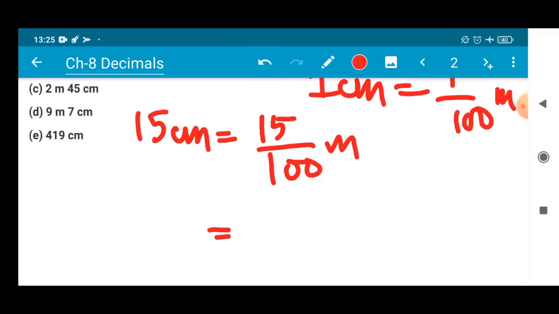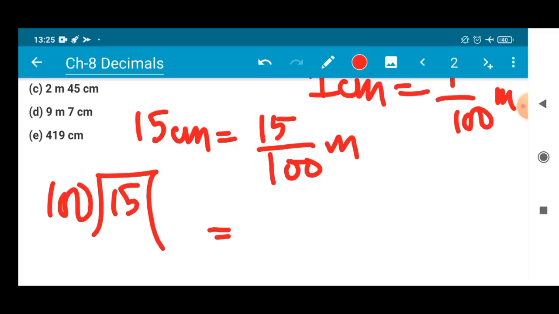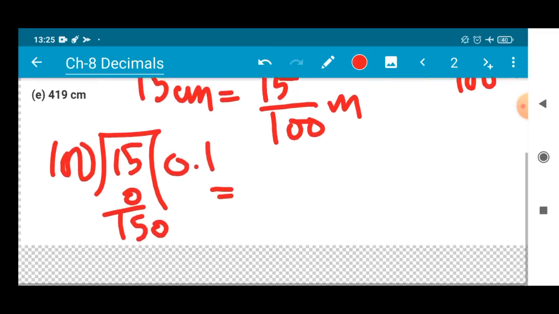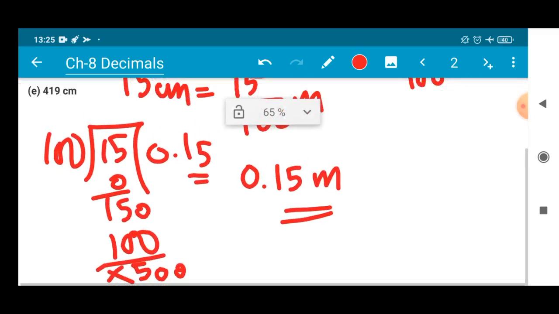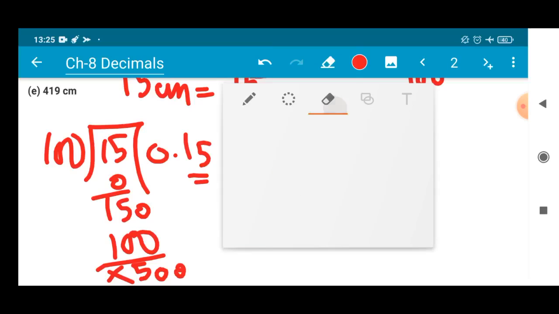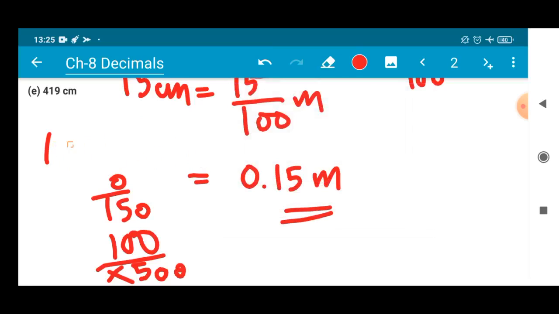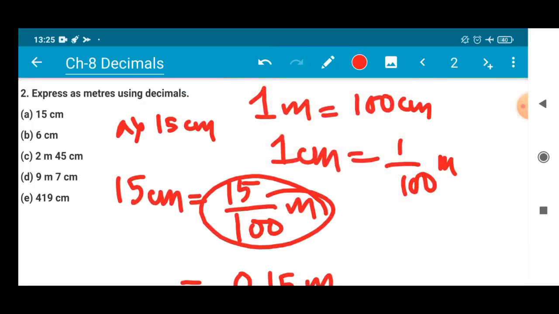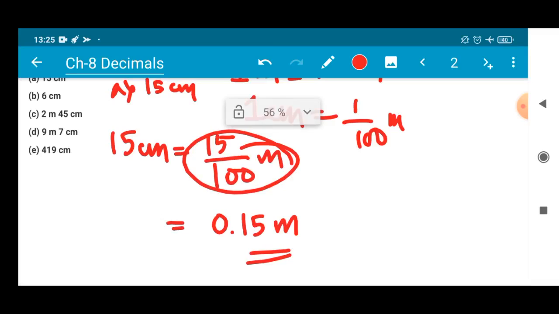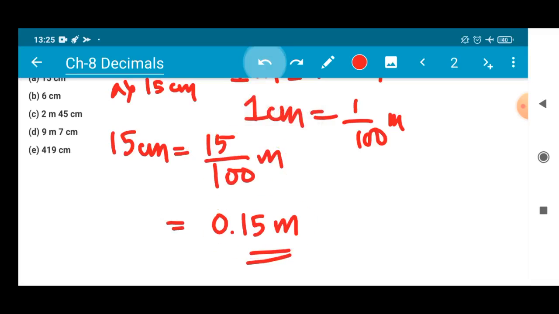So now divide this 15 by 100. I hope you people are very much familiar with how to divide this. So 100 zeros will be 0 here, 15.0, 100 ones will be 100, then 50, because of this point you will get 0, so it is 0.15 meter. Right, as they have asked us to convert this into decimal only, it is very compulsory to convert the value into decimal. We cannot express it in fractional form. Okay, is that clear? So you have to convert this into decimal only.